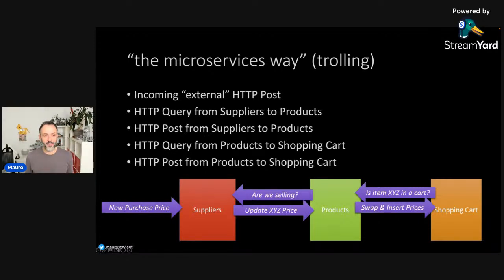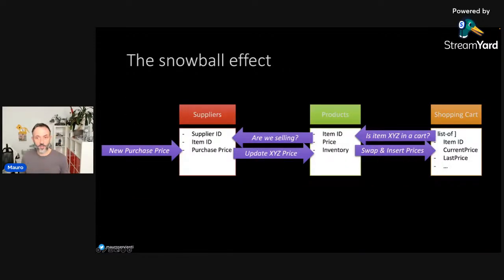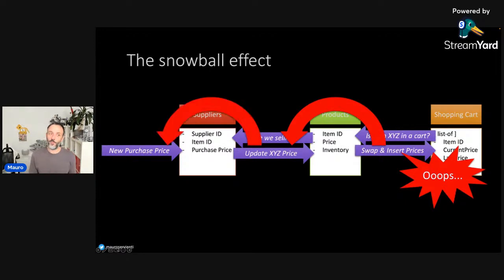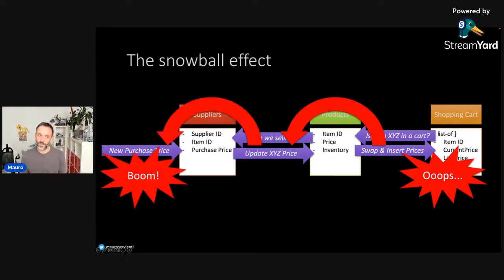The bad thing about this kind of design is that we're exposed to the so-called snowball effect. If something goes badly in the shopping cart during one of those two requests, that error, given that it's HTTP and synchronous, will propagate down to products, and then it will propagate to supplier, which will explode. So at this point, we're presented with a very bad scenario in which something down the line